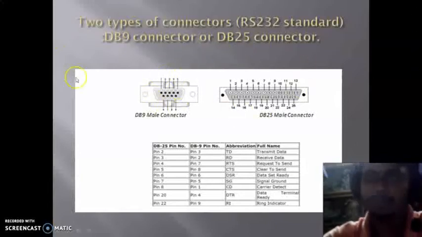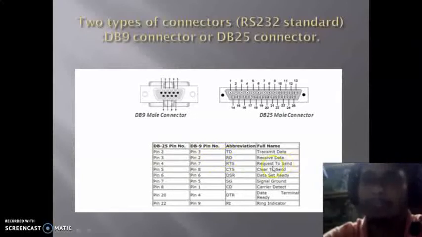These are the two connectors. This one is a DB9 male connector and this is the DB25 male connector. Here some pins are very important. For DB25 the pin number 2, and for DB9 pin number 3, is TD, that is the transmit data. Pin number 3 of DB25 and pin number 2 of DB9 is RD,